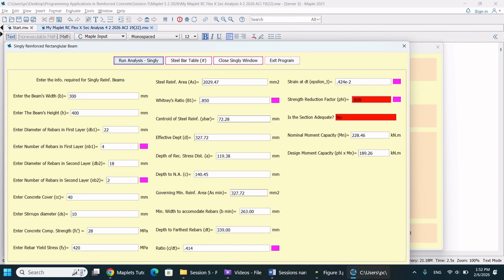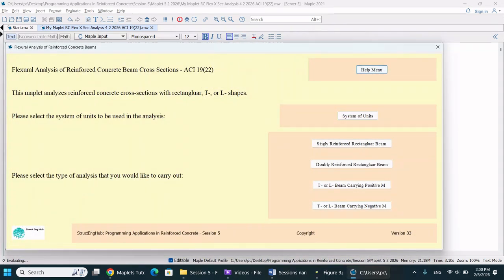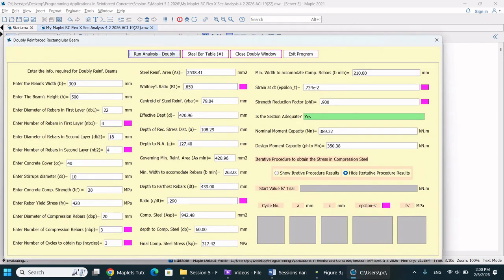You can see that in this Maplet, the results are formatted. Every result has its own units presented on the right side of the boxes showing the results. As I promised in previous sessions, I will show you how to format your results in more advanced applications. We can close the singly window from here and go to the doubly reinforced rectangular beam analysis, which will initiate